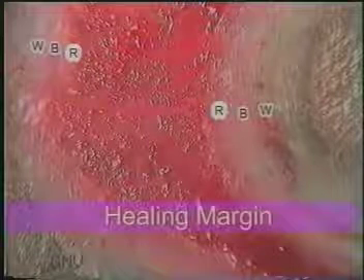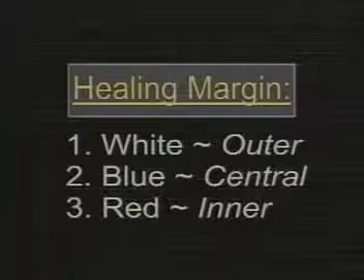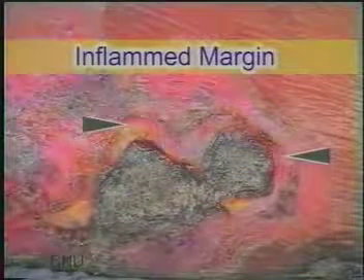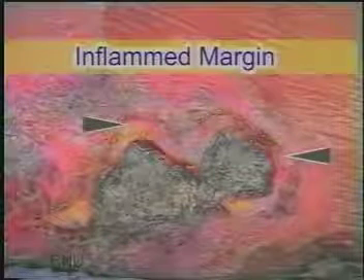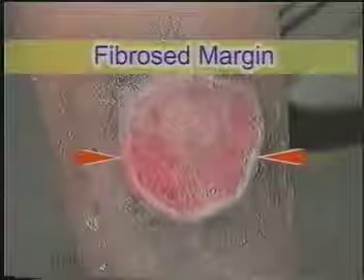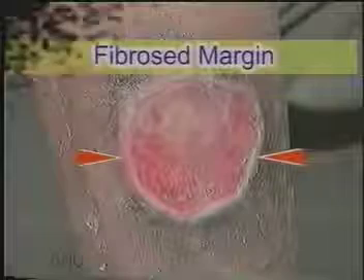Inside this line is the red granulation tissue covered by a single layer of epithelium, which is transparent and shows the red color of the underlying granulations. And outside is the white zone of newly cornified epithelium. So, the margin of a healing ulcer shows 3 lines, outer white, then blue and inner red. A spreading ulcer shows a red, inflamed and irregular margin with inflamed surrounding skin. A chronic non-healing ulcer shows marked fibrosis with thickened white skin margins without the blue line of growing epithelium.